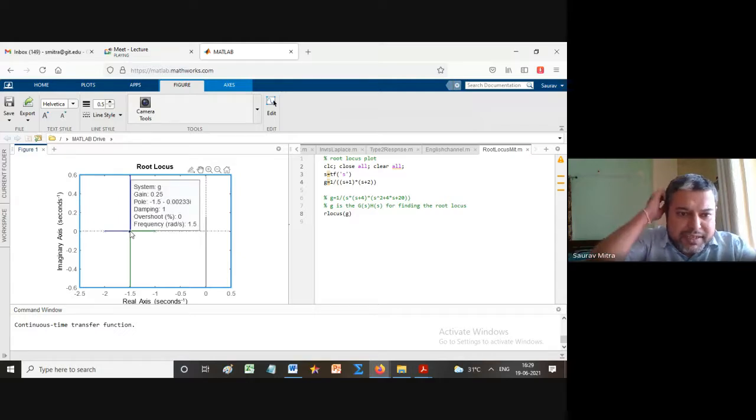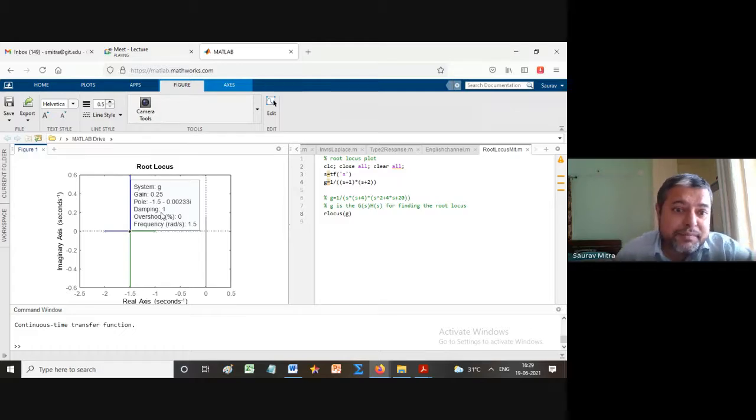So now you can check at -1.5 we are getting damping is equal to 1, frequency 1.5. तो ये देखो -1.5 means frequency is 1.5 radian per second. Pole is at -1.5. तो exactly I am not able to click exactly on real axis. थोड़ा मैं नीचे की तरफ click किया. That's why it is showing some imaginary part, but actually they meet exactly at -1.5. But the biggest important thing is what is the damping.